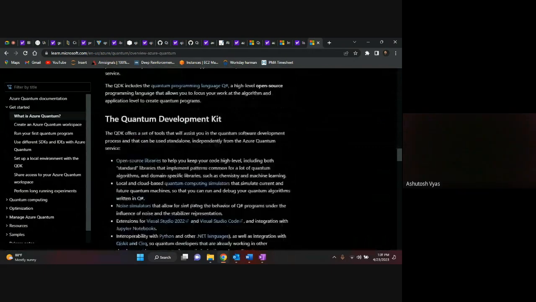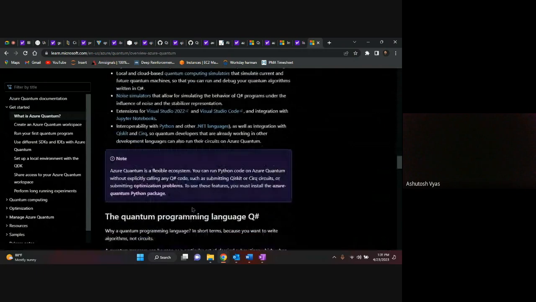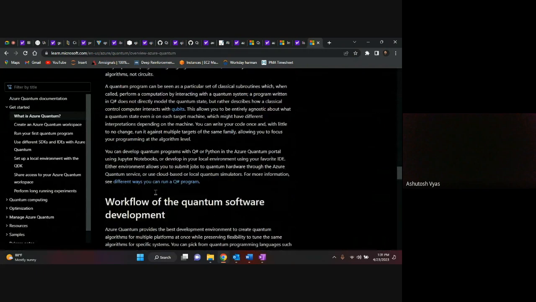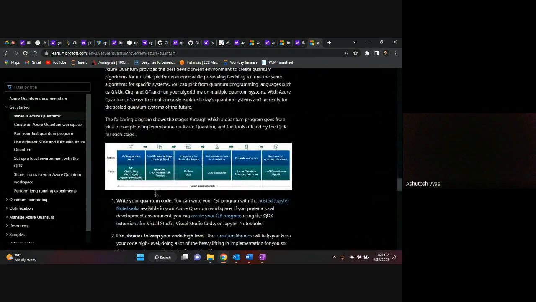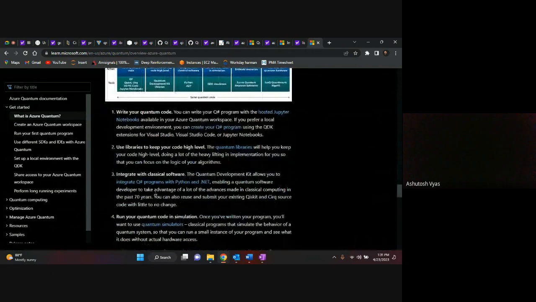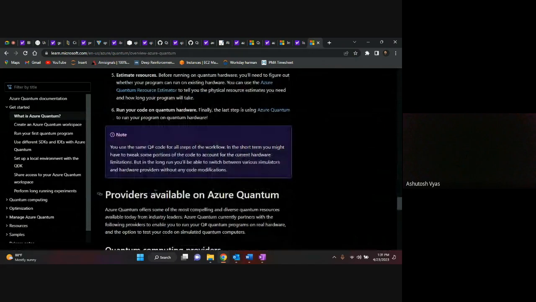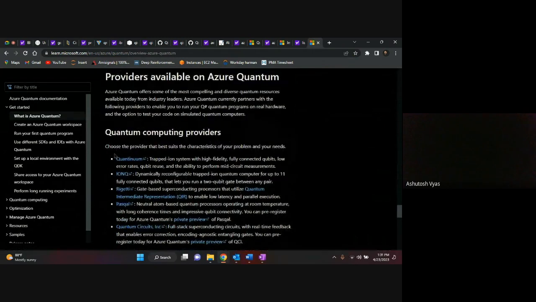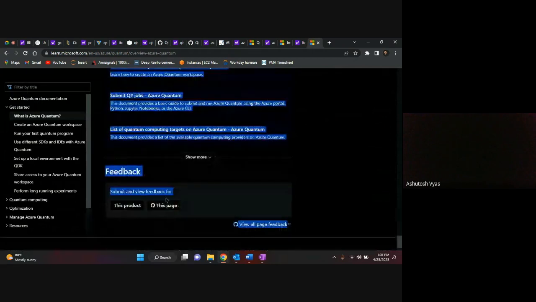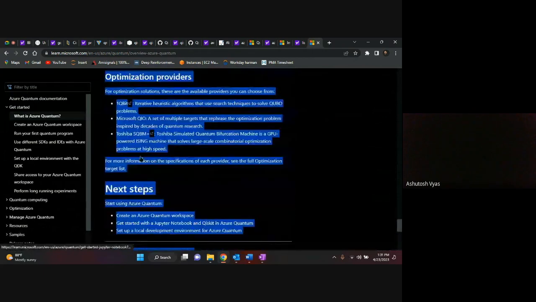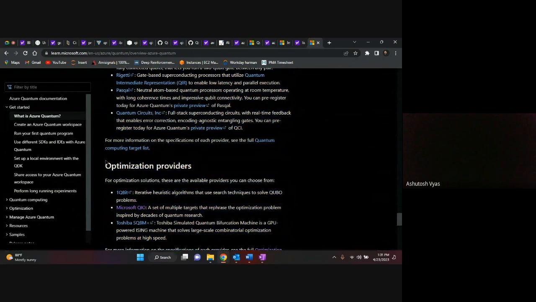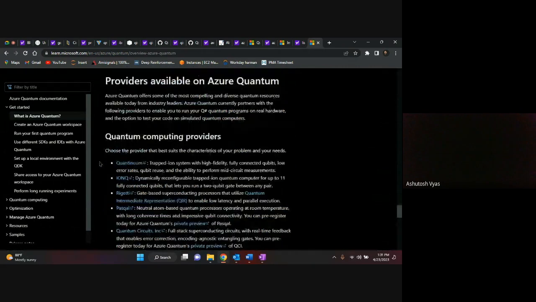Absolutely. They support QHash also, but don't worry, you can use their APIs to perform using Python also. Not a big deal. I just wanted to show you. These are the underlying hardware providers who are running all these optimizers for them. So I just want to show you the list of optimizers we can have.